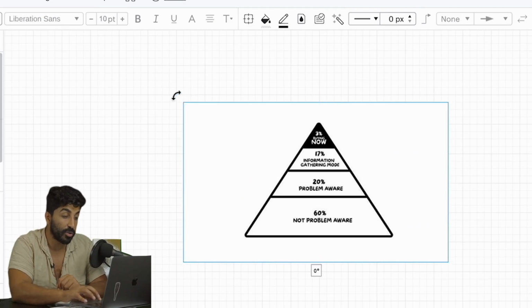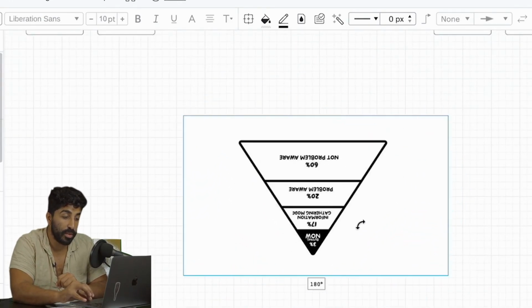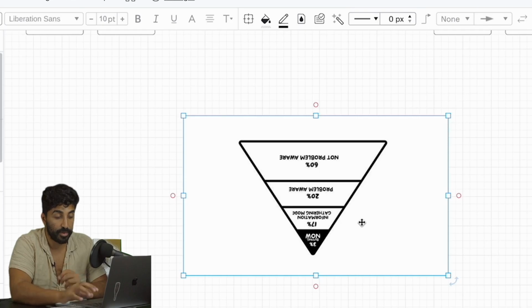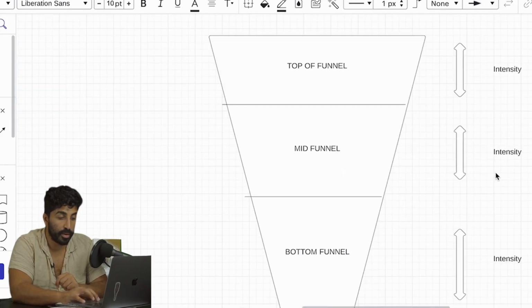Now that you understand the different stages that your target audience could be in, you need to understand what a sales and marketing funnel is so that you can meet your target audience at the stage that they're in and take them down the funnel so that they can successfully be marketed and sold to. And now if you take a look at this pyramid that I showed you earlier, a sales funnel really just looks like the exact opposite of this, which we'll move to here.